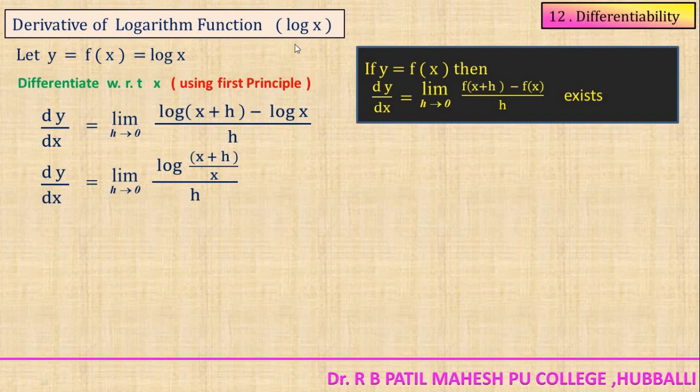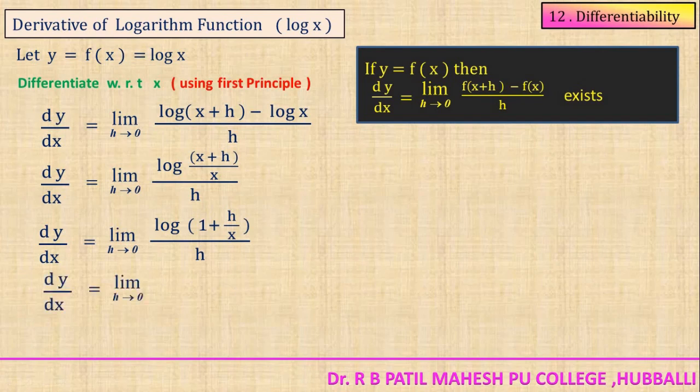That means here log m minus log n. By the property, it is written as log m upon n, that is x plus h upon x, divided by h as it is. Further, we cannot get the limit value here. Further separating the function, it is 1 plus h upon x. If I separate this numerator, x upon x is cancelled and h upon x remains, divided by h. And in the limit, we have one standard form, students,